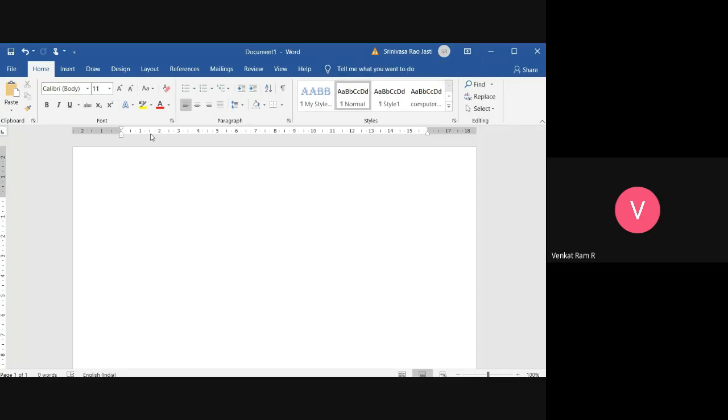If you observe here, whatever I am moving is called first line indent. Wherever you wish to start the paragraph, it will start. See the cursor, wherever I am taking this indent, called first line indent, we can start our paragraph there. If you move this, we can set it for each paragraph.